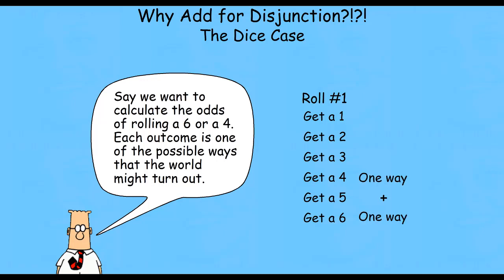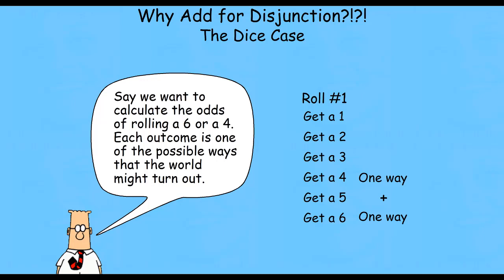Our 6 and our 4 are 2 favorable outcomes, but adding a favorable outcome in this case doesn't change the total number of possible outcomes because we have that strict number. We have that 6 sides of our die,